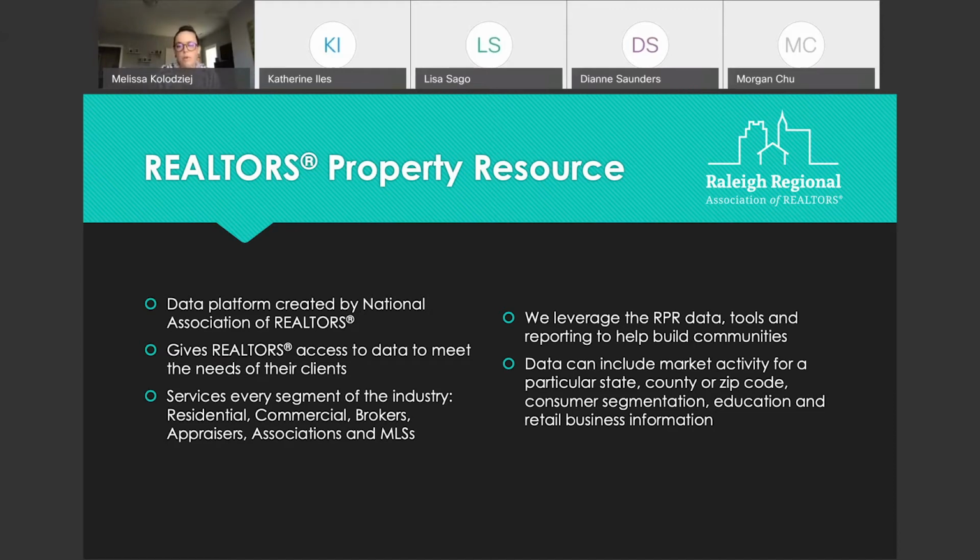It gives our members access to data they can provide to their clients when they are searching for a home or selling a home. It services every segment of our industry, from residential to commercial, to brokerages, appraisers, on down to the associations and the MLSs.